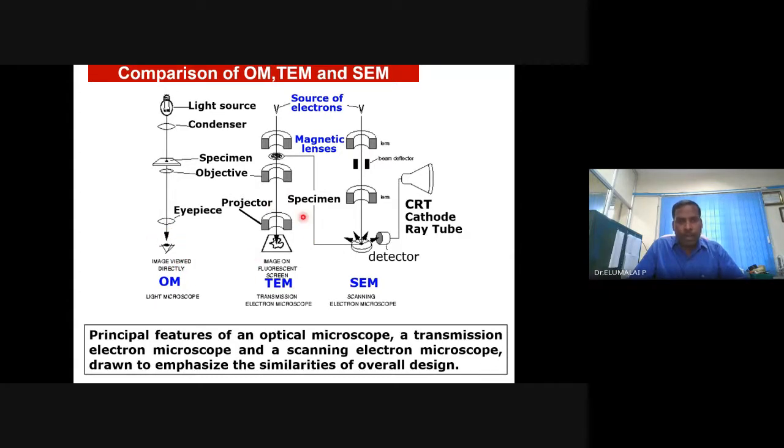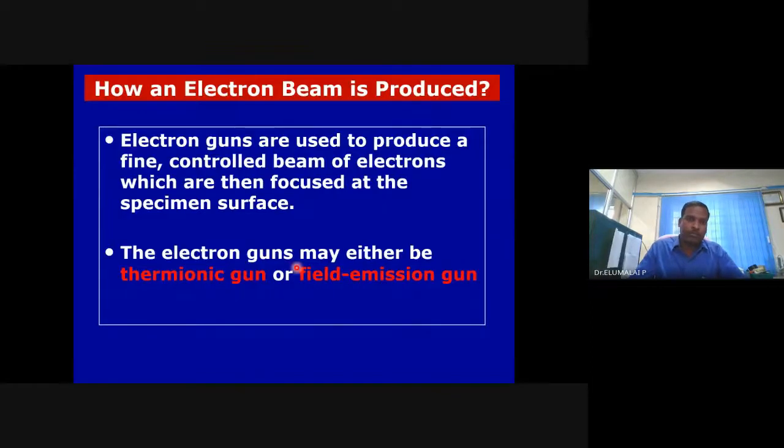You can get higher resolution in SEM. You can get very high resolution. Magnetic domains that we have studied in the first unit, you'll be able to manipulate. Crystallite size, when we studied X-ray diffraction, you'll be able to get it. Major components are the same, but the sources are different: light, electrons.